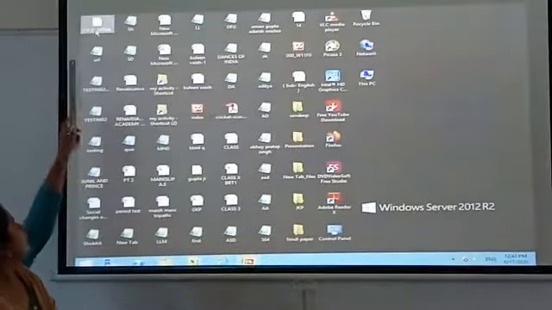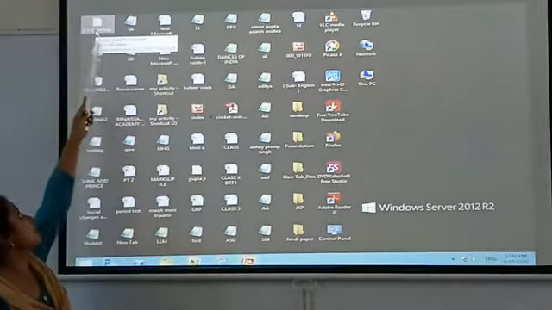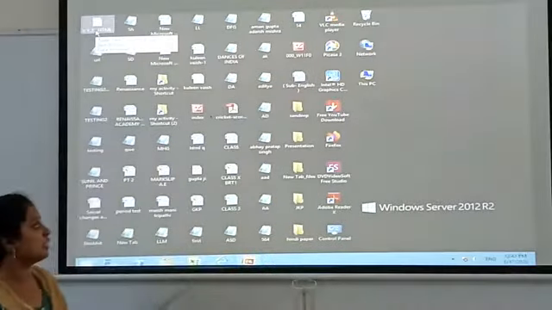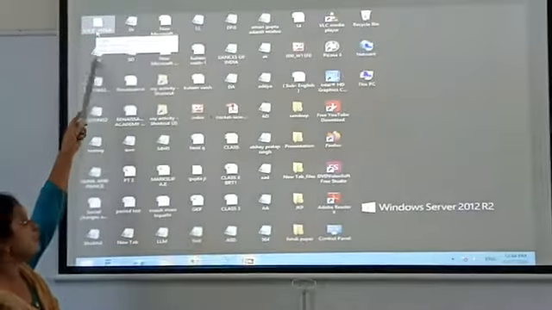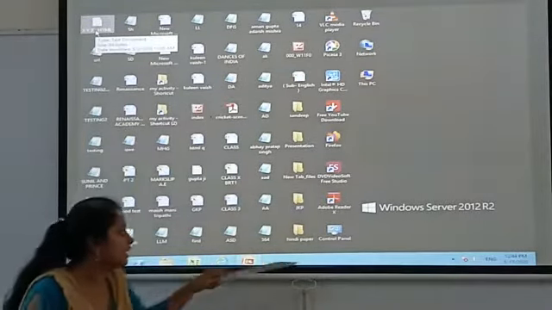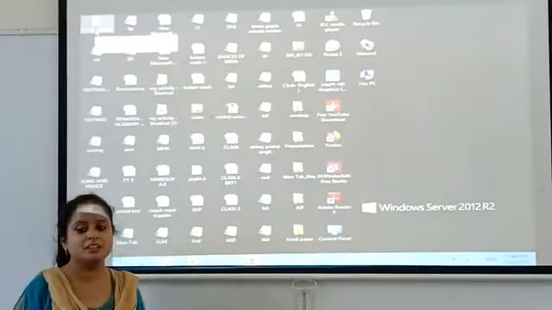Now see, it has changed. Earlier This PC came here. Now it has come X, Y, Z, HTML. Now it has been arranged by name. If you remember, a few seconds before there was This PC, there was Network. But now I have arranged them by their names in an alphabetical way by the sort.